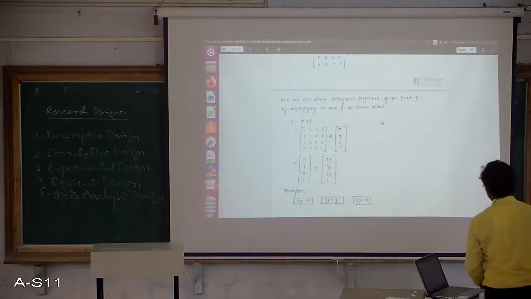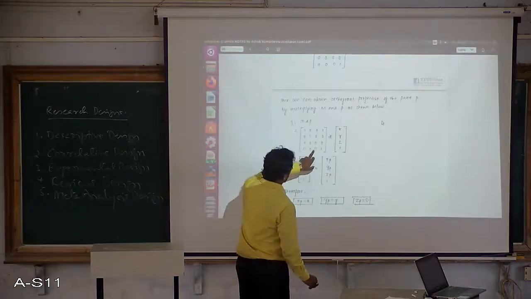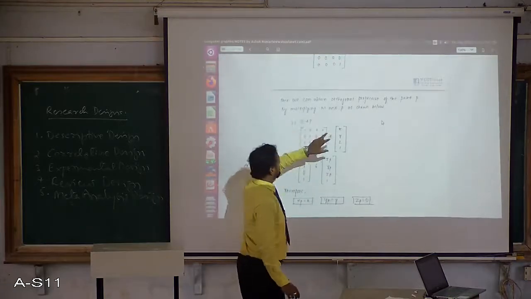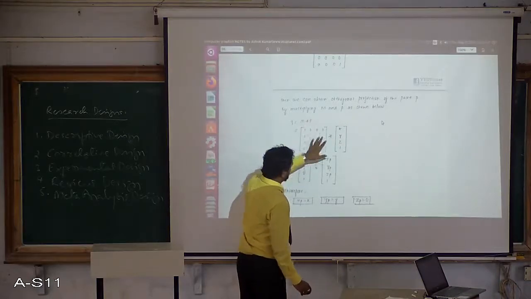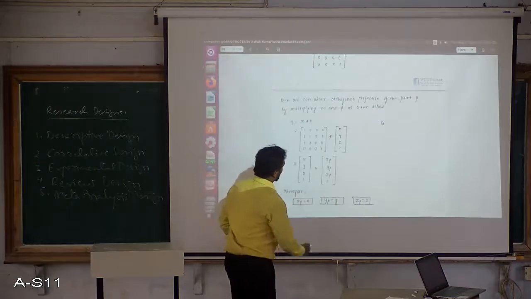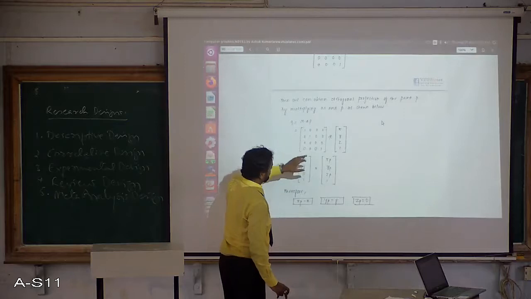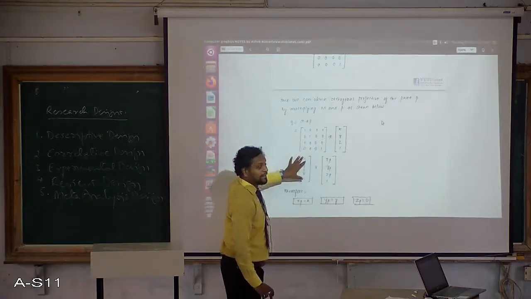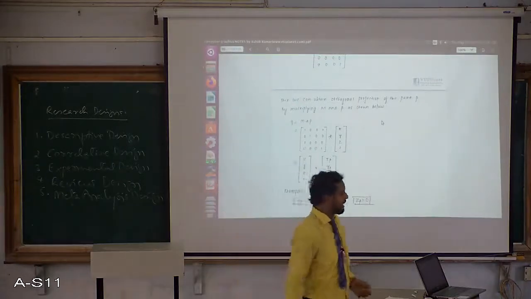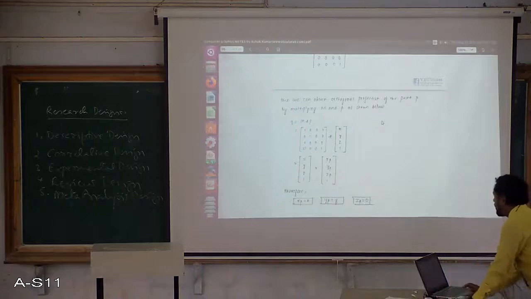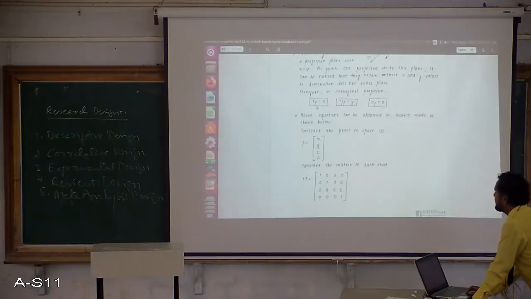The M matrix is represented here, that is 1 0 0 0, 0 1 0 0, 0 0 0 0, 0 0 0 1, multiplied by the P matrix, that is the point. Once I multiply M into P, I get these values, that is x, y and 0. This is the same as what we have already got for xp, yp and zp. See here, xp, yp and zp is x, y and 0.